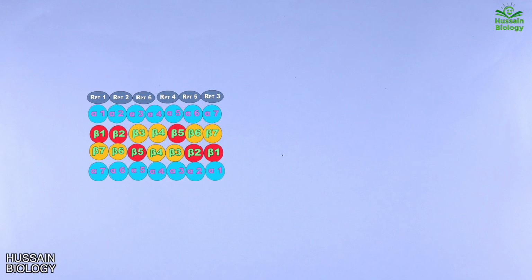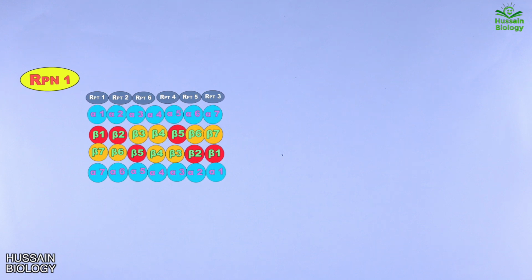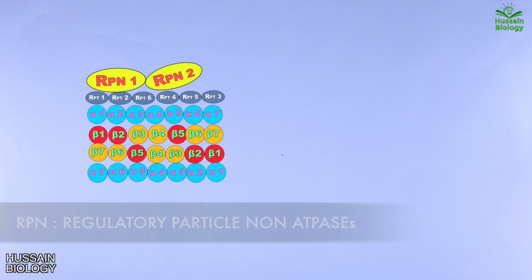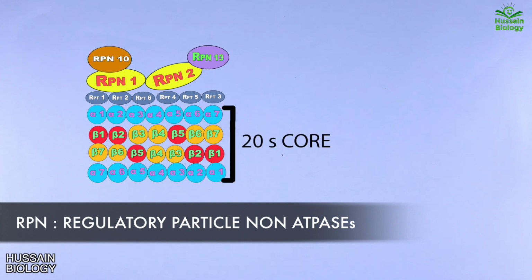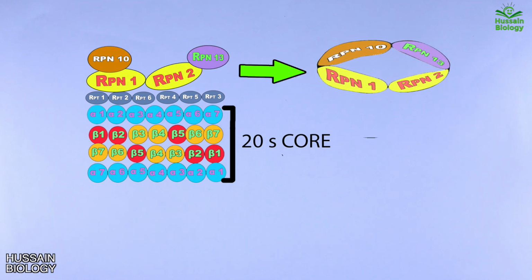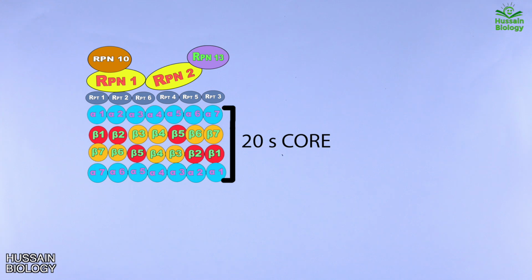Furthermore, 4 more proteins bind to these AAA proteins. It is the RPN1 and RPN2 first. With RPN2, the RPN13 binds, and with RPN1, the RPN10 binds. Keep in mind this is the planar structure, otherwise we have a circular structure here as shown in the diagram. These 4 proteins along with the 6 RPT proteins form the base of the 19S subunit. As RPT proteins are the regulatory particle AAA ATPase, in the same way we have RPN proteins, which are regulatory particle non-ATPase proteins.